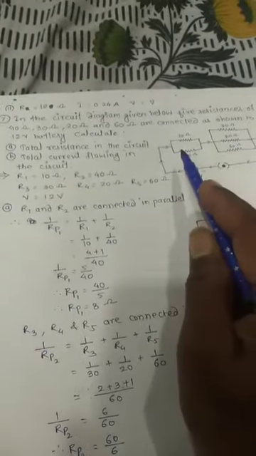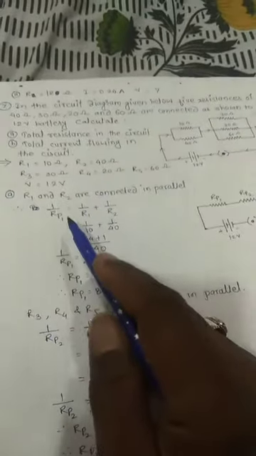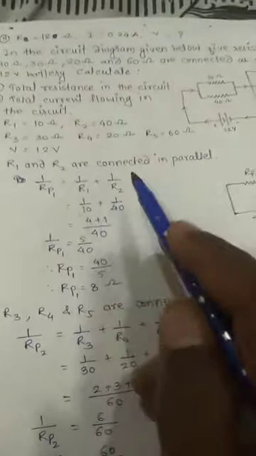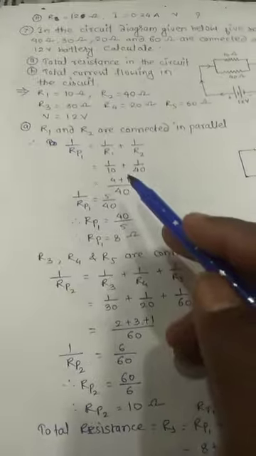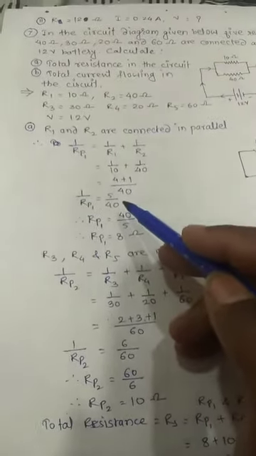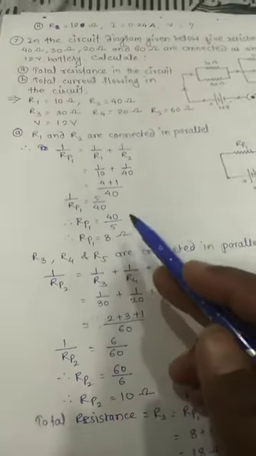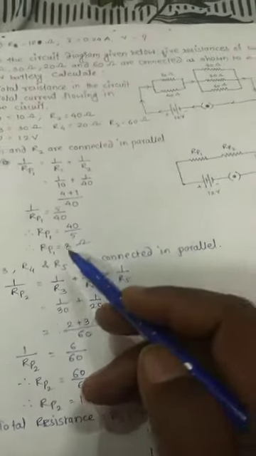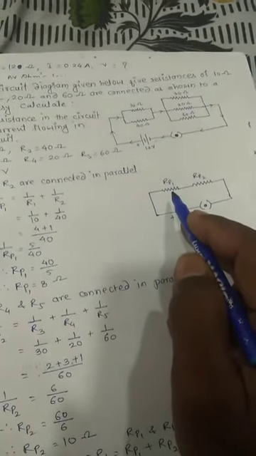This is R1, R2, R3, R4, R5. First we have to write the values. Then first we solve this. So R1 and R2 are connected in parallel. So first we have to find RP1. So what is the formula? 1 by RP1 equals to 1 by R1 plus 1 by R2. So use the same rules of fractions and solve the fraction. So what will we get? RP1 equals to 8 ohm. RP1, because 2 circuits are there. So we solved RP1; after solving we got this resistance.